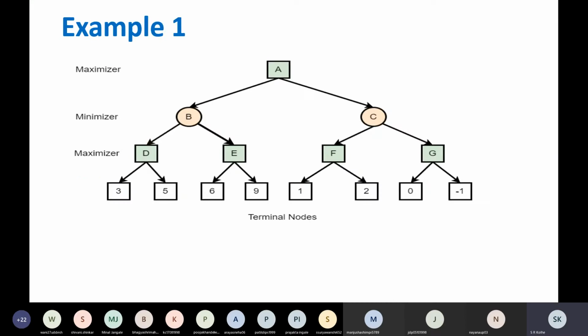Now let us try to solve this example with this alpha beta cutoff algorithm.